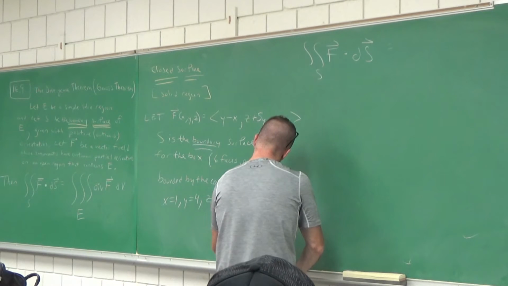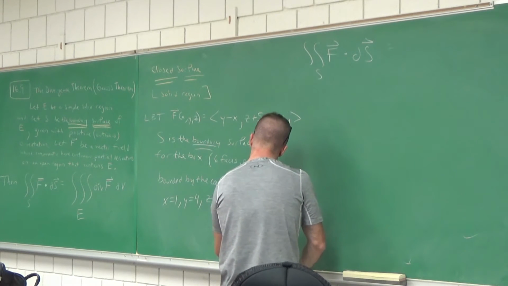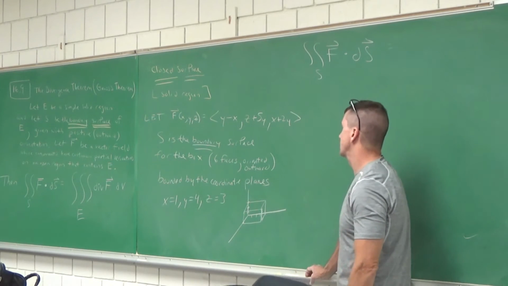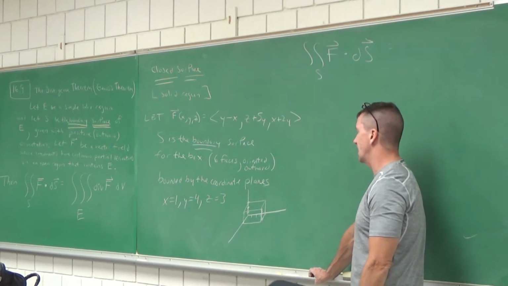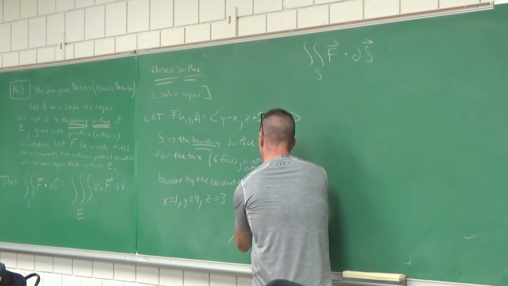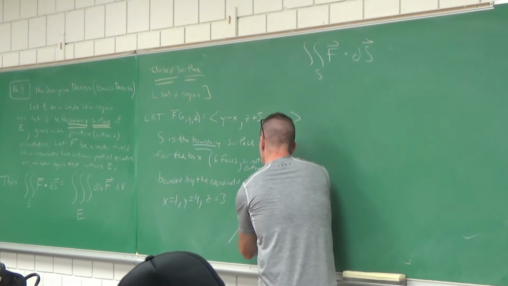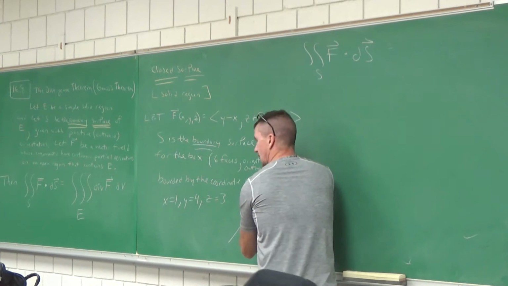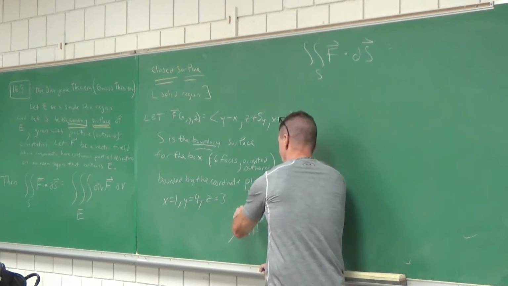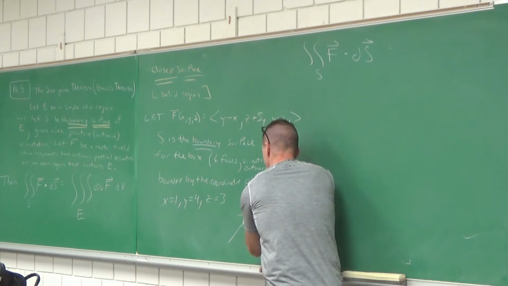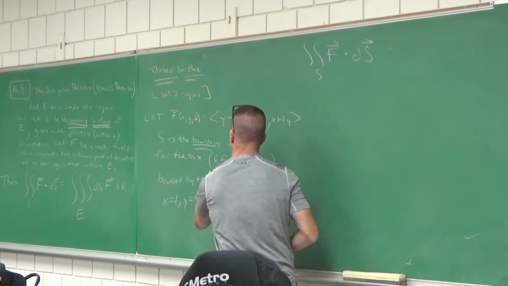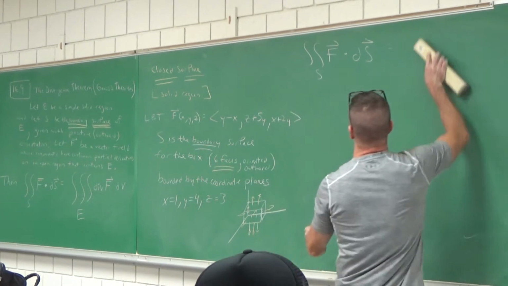When we get the flux, I just like to draw pictures. So you go, where are we getting the flux off? Which side? All 6 sides. Off the top, off the bottom, off that right side of the box, off that left side, off that other side, and off this side. All 6 faces. You bet. Let's do it.